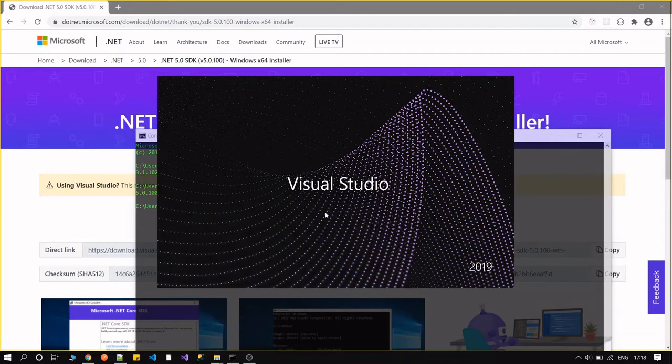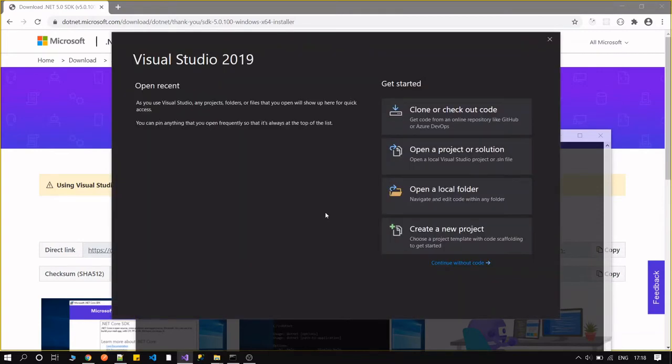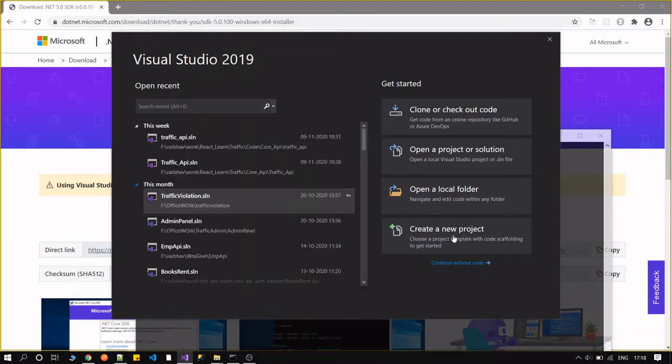So it's loading Microsoft Visual Studio. Sorry for that, guys. I don't know why my machine is a little bit slow. Okay, it's loaded. I have to create a new project.